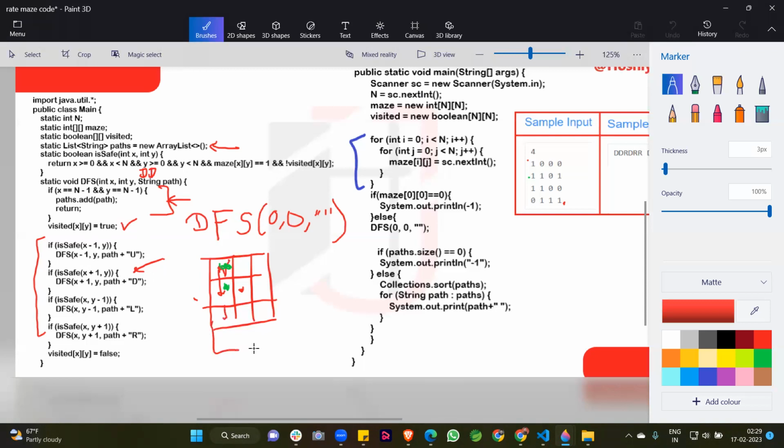Okay, and we have come to this position. So I am incrementing this for the sake of the original array. This looks like the original matrix for better understanding. Now we have come to this position. Okay, 2 comma 0, this is successfully executed because this position is not visited. Then I am simply adding the D to the path. So down. Now the value of x is 2, 2 comma 0, and our path is DD.